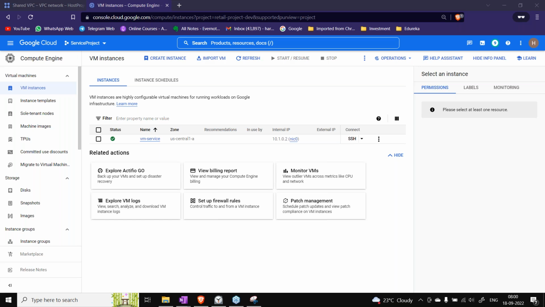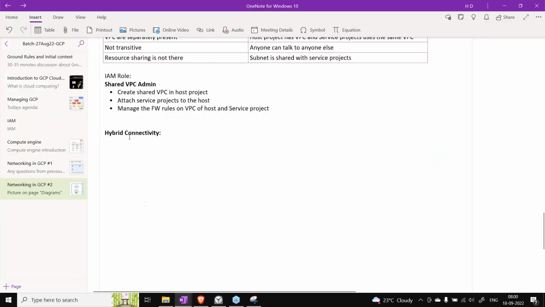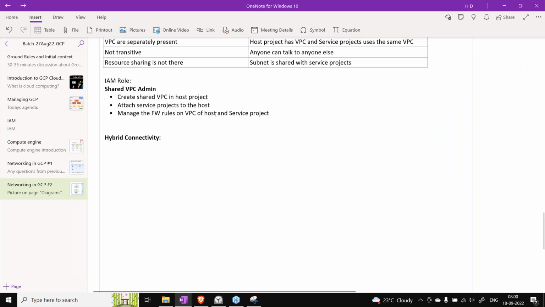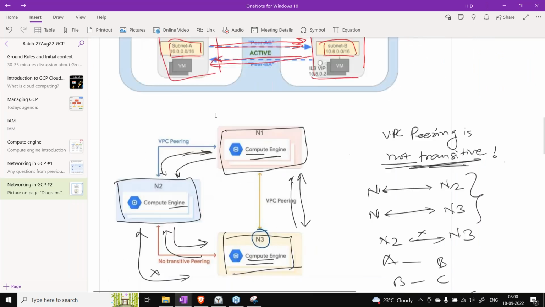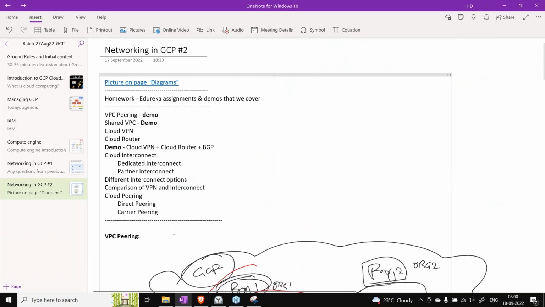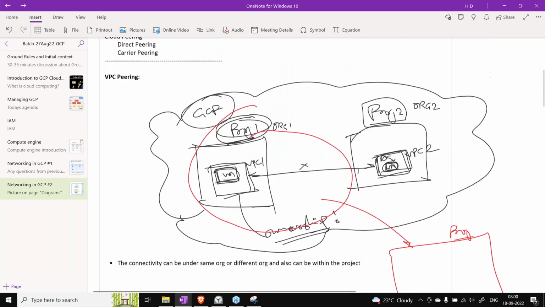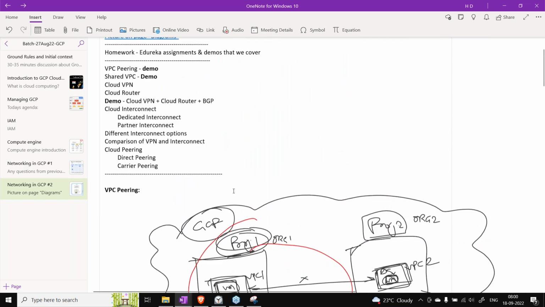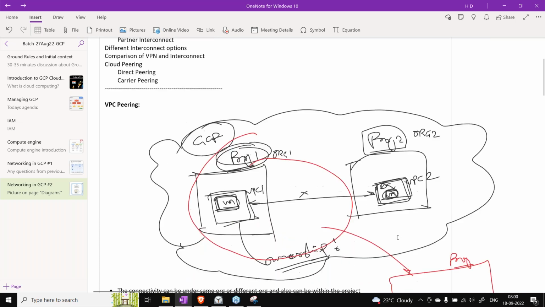Shrey has another question. Can peer VPC be set up between a VPC and a private cloud? No, peering of VPC and shared VPC both, that's what I'm coming to. Now we are going to talk about hybrid, right? The points that we have discussed, shared VPC and peering VPC, both work only within GCP. Peering works within GCP; it can be between different orgs and different projects also.